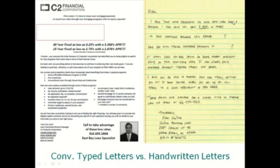I think we mailed people that funded their loans April of '09 or older, both FHA and conventional low LTV, plus some Fannie Mae HARP data. So this was kind of a combination of 3 different lists. Believe it or not, there's still some people out there, low LTV with good credit, that can do a traditional conventional refi. And then next to this letter is our design on a handwritten letter, going out to people that